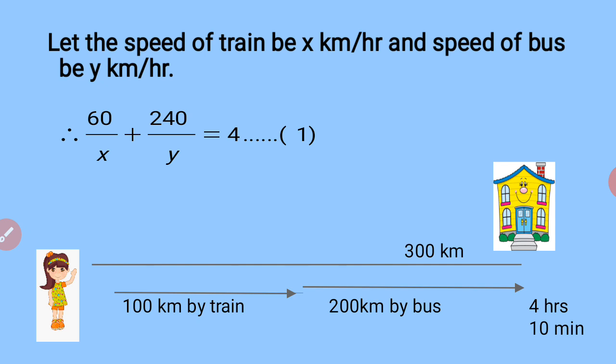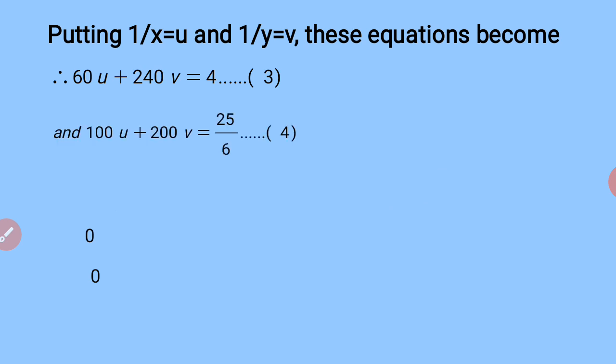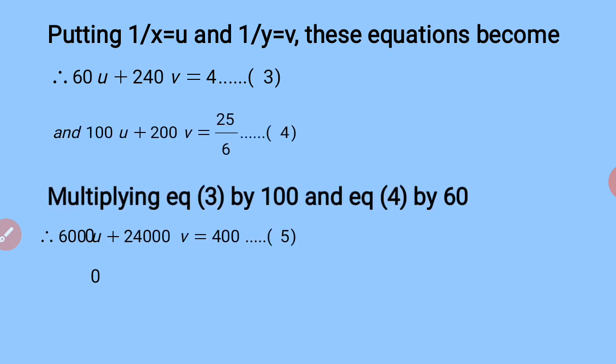10 minutes is to be converted into hours. We are keeping everything in hours. So 10 minutes will be 10 upon 60, that is 1 upon 6 hours, that is to be added to 4 hours. So the equation is 100 upon x plus 200 upon y, that is all time, equal to 4 plus 1 upon 6, that is 25 by 6 in fractions. Now again you have two equations. You can reduce it to linear equations in two variables and proceed solving them. So these are the steps. You go through the steps and try it on your own.